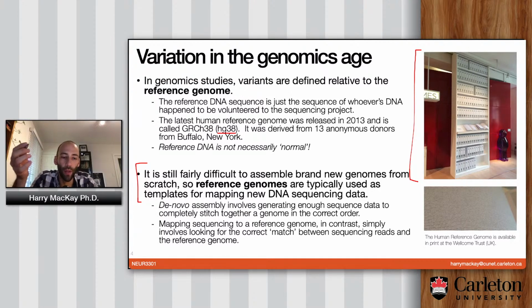Typically what happens is we use the reference genome to map our data onto. When you're doing DNA sequencing, and of course we're going to have a lecture on that coming up soon, you get little fragments of DNA that come through, a little stretch of DNA from some completely random part of the genome. You get billions and billions of these little fragments, and you have to map them onto where they belong in the genome. Then once you've done that, you can look at any variants that might appear in those fragments. So you have to figure out where those fragments belong, and then identify what SNPs or what variants exist within those fragments. You do need a reference map or an atlas to map these onto. That's what the reference genome is for.